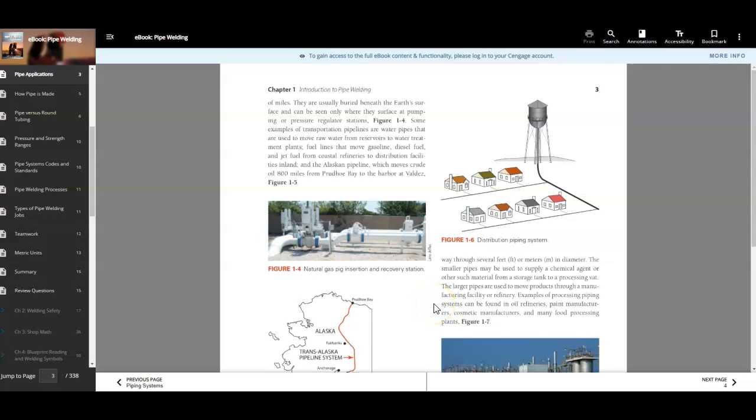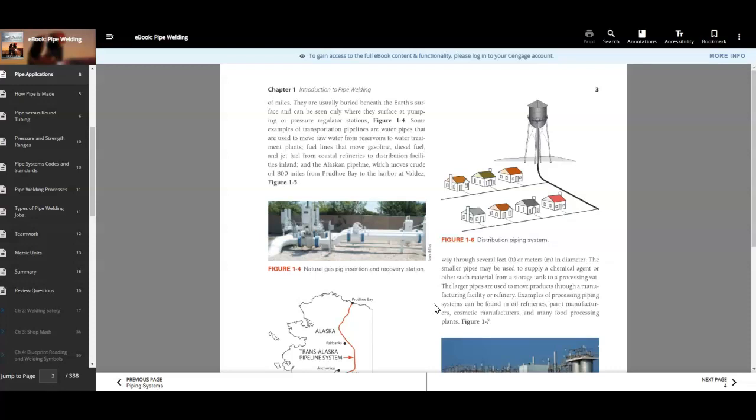They are usually buried beneath the Earth's surface and can be seen only where they surface at pumping and pressure regulator stations. Some examples of transportation pipelines are water pipes that are used to move raw water from reservoirs to water treatment plants, fuel lines that move gasoline, diesel fuel, and jet fuel from coastal refineries to distribution facilities inland,